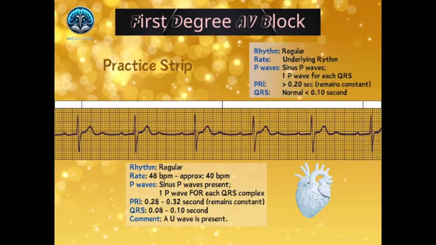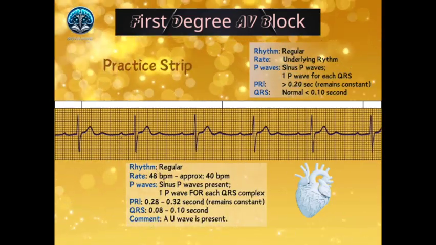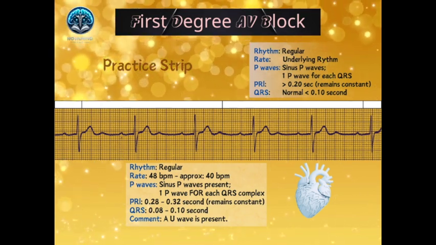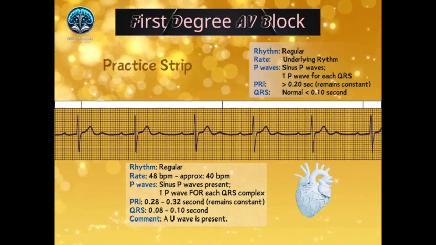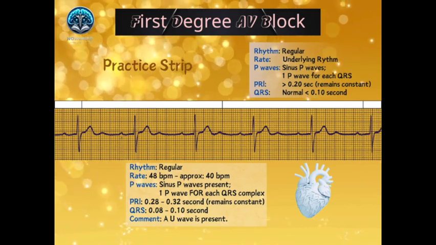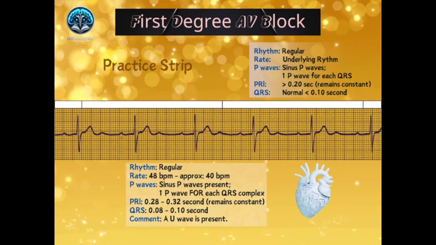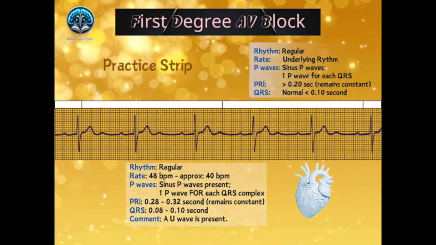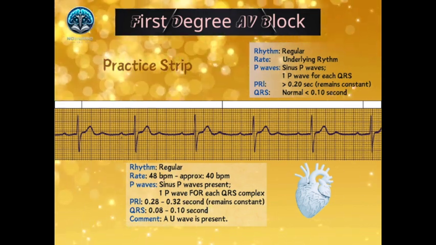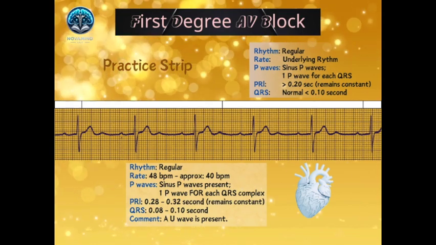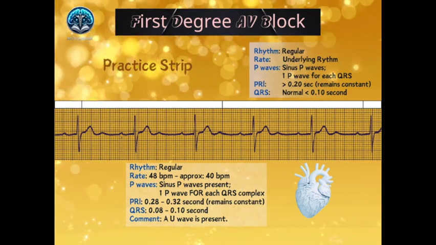Now let's analyze this practice strip. Let's start with the rhythm. The rhythm is regular, as we can see from the consistent R to R intervals across the strip. Each QRS complex is evenly spaced. Rate: the heart rate here is 48 beats per minute, or approximately 40, because I see 4 QRS complexes in